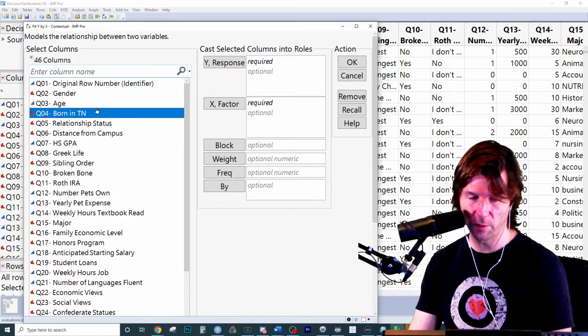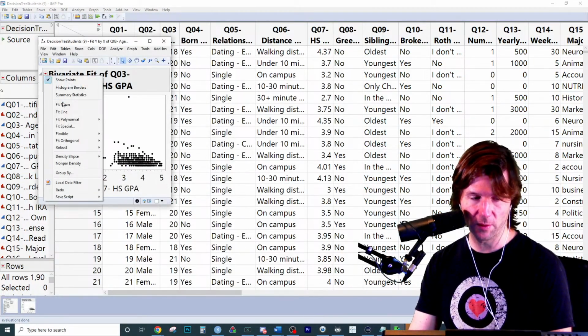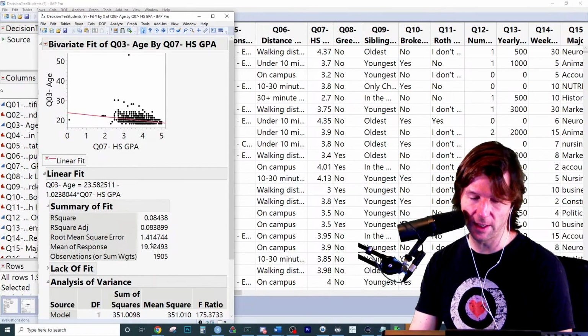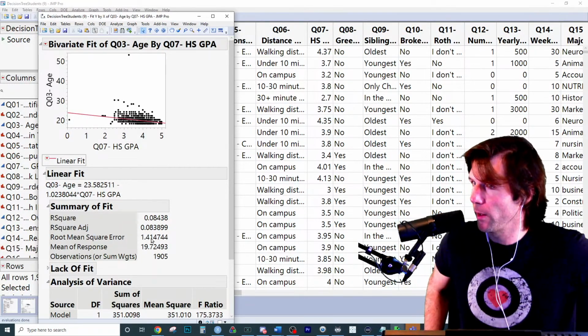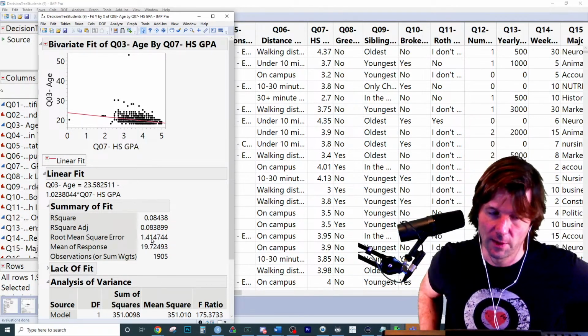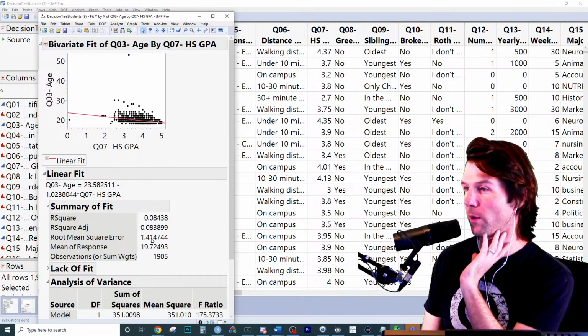To Evan's point, if you look at a regression model in JMP and you make a simple regression where we just predict something with something else and throw it in, we make our regression model fit the line. And right there, there's the RMSE, the root mean squared error. That means when we predict somebody's age, we typically miss by about 1.4.